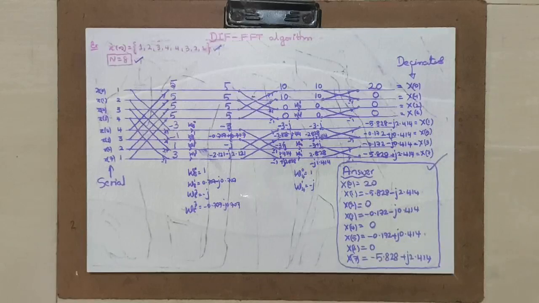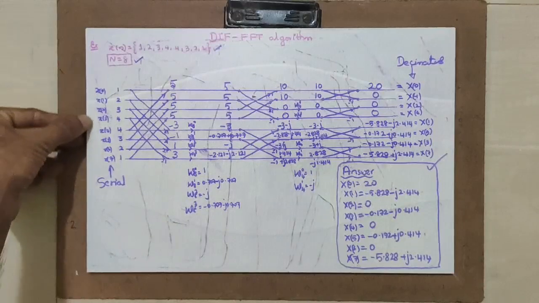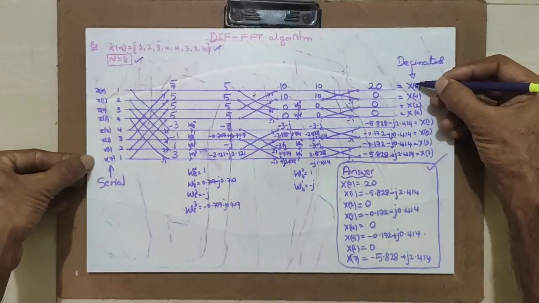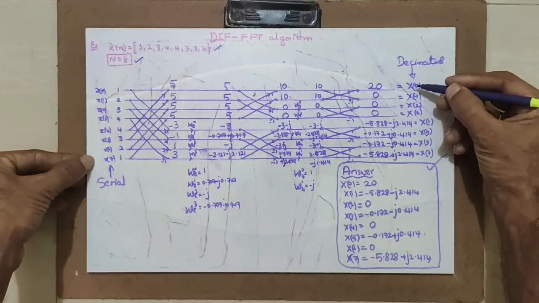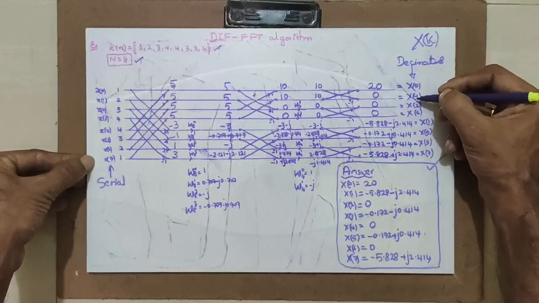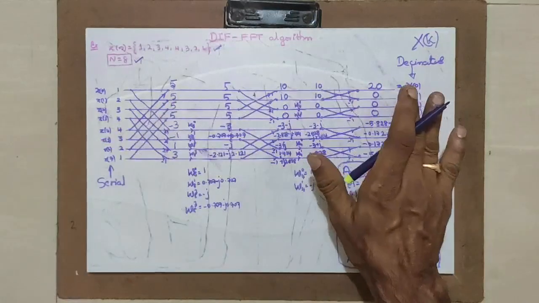I have solved the numerical example. I will post you an assignment. Please do that assignment. This assignment will be different from assignments 15 and 16 which I have done, so that you get the answer for a different problem. I hope you understood. Keep it in mind that while you enter the data here, let it be serial, and while you take the output or the result, it is decimated. See to it that the order in which you are writing the frequency X of k is x0, x4, x2, x6, x1, x5, x3 and x7.